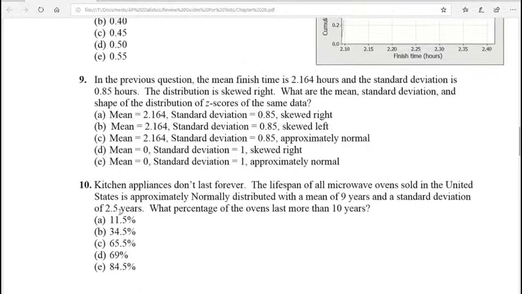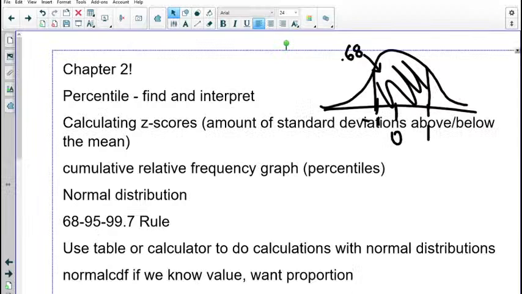This 10 is also a normal distribution calculation. I'll tell you that you should get B on number 10. On number 9, distribution is skewed right. This is a question that's really asking 2.164. So what I'm really doing here, I won't do the whole thing, but the